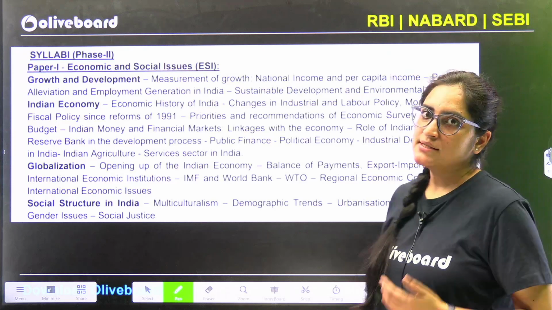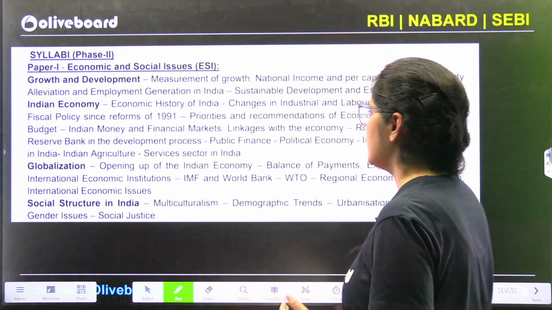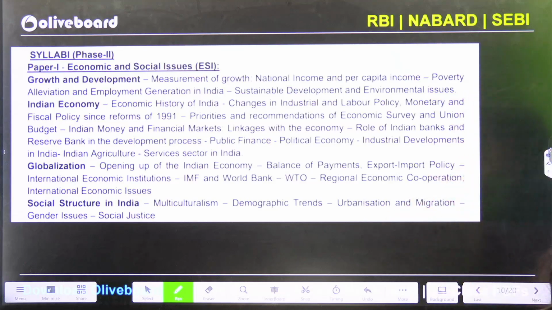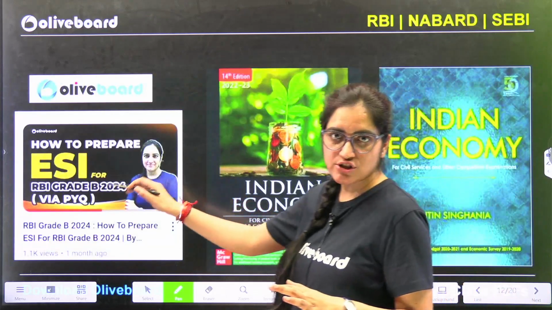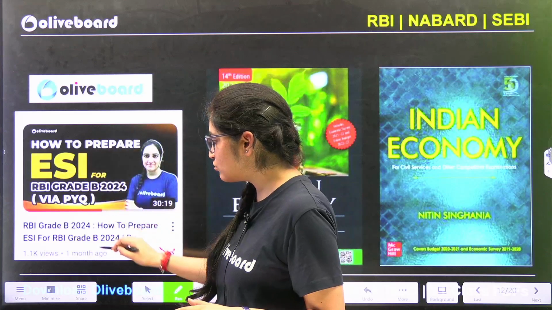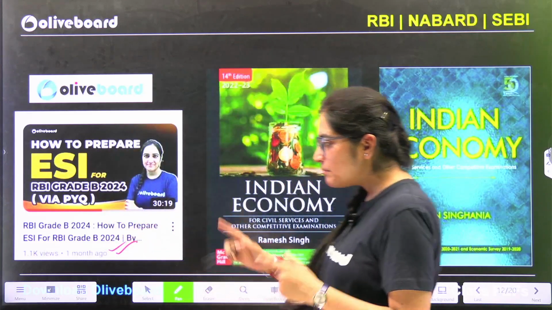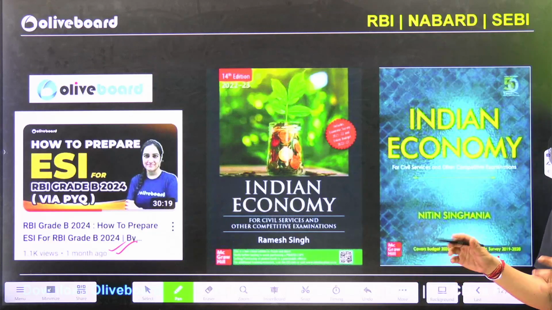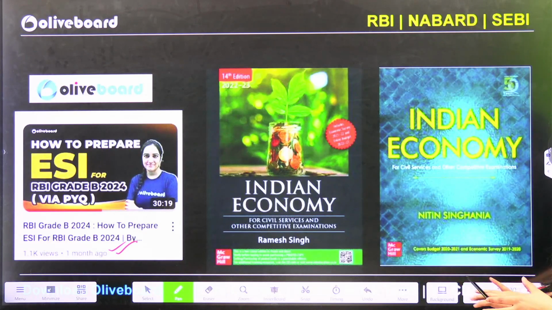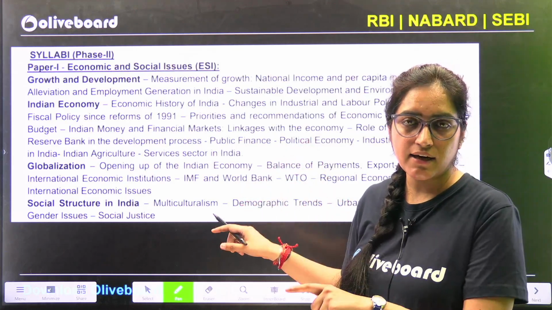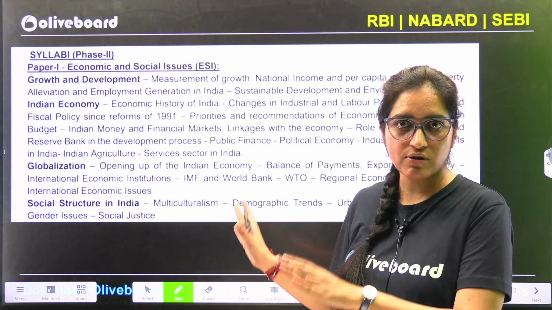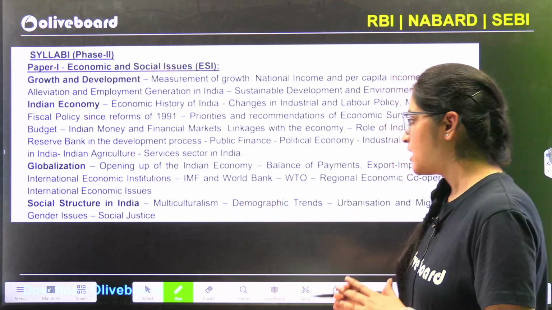Now let's see what is the syllabus of ESI. So this is the syllabus. Out of this, I have also discussed in one of the segments what all previous year questions have been asked. So you can just go to this very class and see how the PYQs have come. What all questions have been asked from various topics. I have dealt all those topics in great detail in that class. You can just go and look for it. Apart from this,